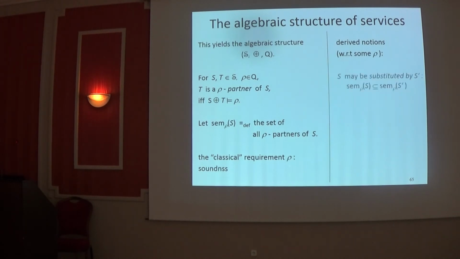And we can derive notions such as when can we substitute one service for another one? If the semantics of the substituted service is a subset of the semantics of the new service, etc. So a lot of questions. Equivalence: you can ask when two services are equivalent; then they have the same semantics. And an adapter, very important: what is an adapter of two services S and T? Well, an adapter is one such that if you compose all three of them, then they are sound. So now you can